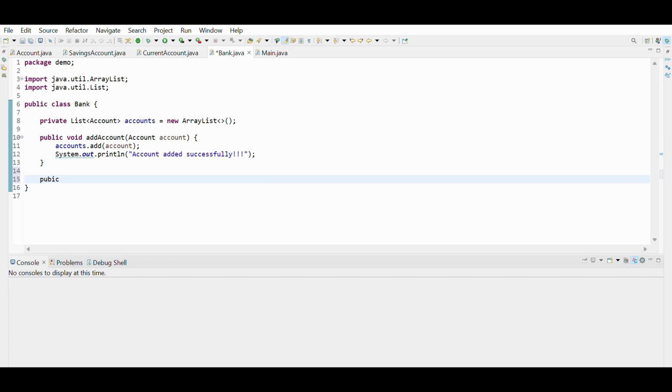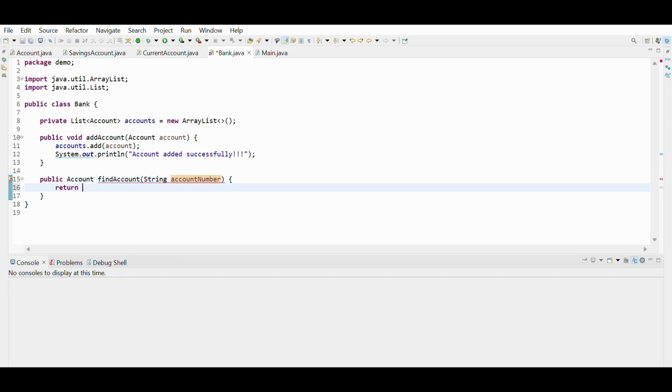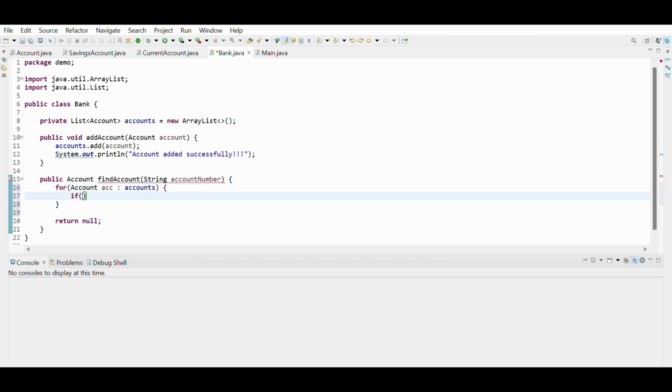Now when I search, I will return the object of that account as well. So its return type will be Account, findAccount, and it will take a string accountNumber. With the account number I can search. If that value isn't present in my system, I will return null. Otherwise, I can traverse the loop: for Account acc : accounts, and in the if check, I can add acc dot